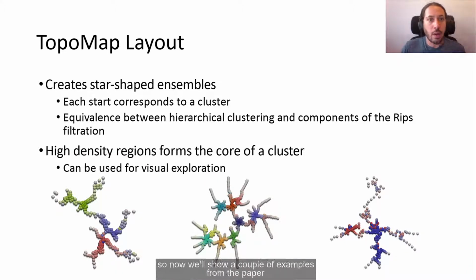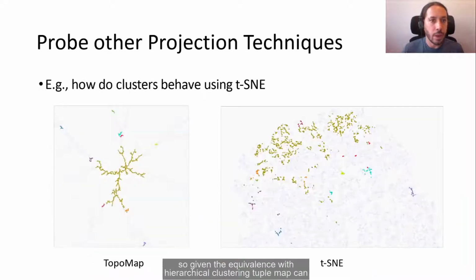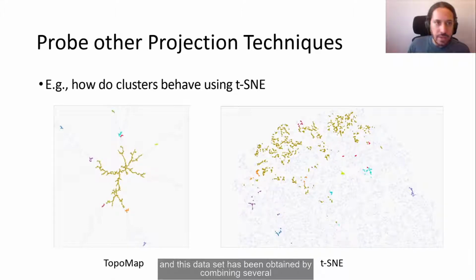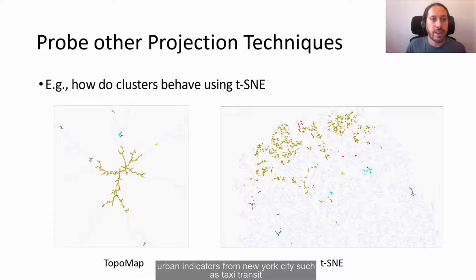So now we'll show a couple of examples from the paper about how such a visualization with the TopoMap projection can be used for visual exploration of high-dimensional data. So given the equivalence with hierarchical clustering, TopoMap can be used to probe and better understand other projection approaches. And this data set has been obtained by combining several urban indicators from New York City, such as taxi transit